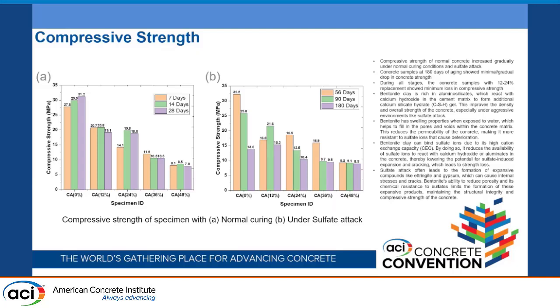Compressive strength showed some interesting trends. For the control specimen, the compressive strength for 28 days was gradually increasing. However, there was a gradual decrease in compressive strength when the specimens went through the sulfate environment, especially for the concrete specimens in which the replacement was above 24%. Above 24% means 36 to 48% replacement of bentonite and other sea-based materials with the